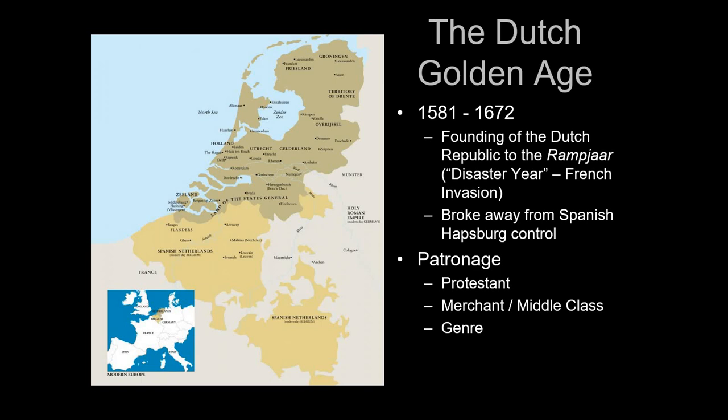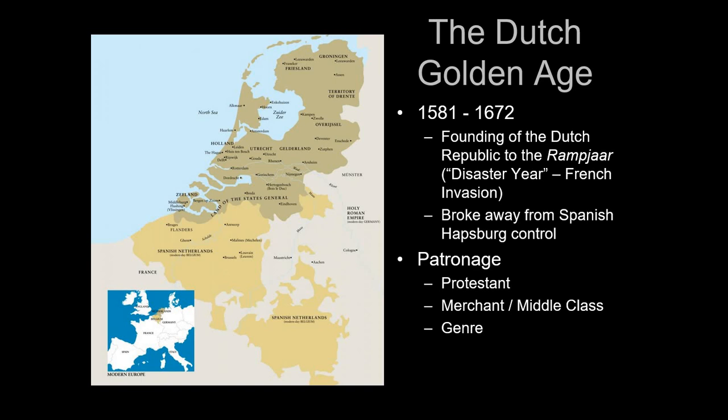But the Dutch had incredible ships, and so they defeated the Spaniards in a massive armada and managed to pull away and create their own unique republic that is predominantly Protestant. Now, there's still Catholics there. It's majority Protestant. It's not exclusively Protestant. Utrecht remains a Catholic stronghold within it. But it becomes a fundamentally different thing. And this changes the nature and the character of the art at the time.